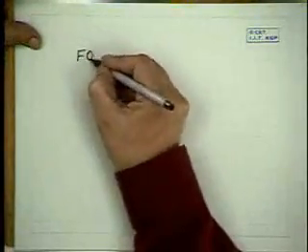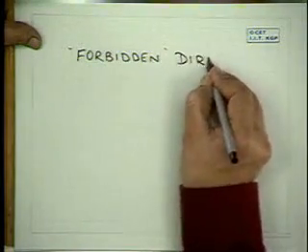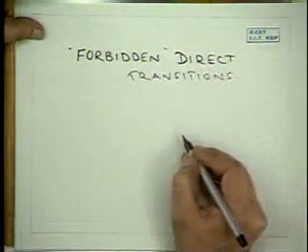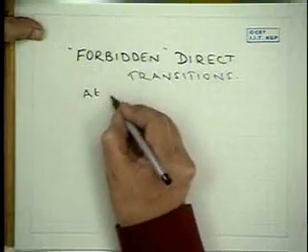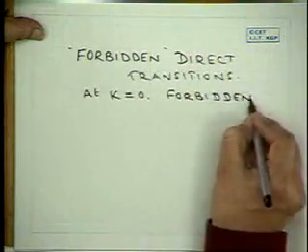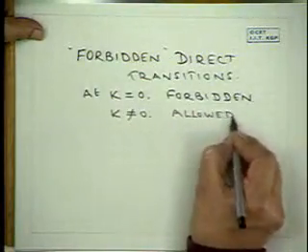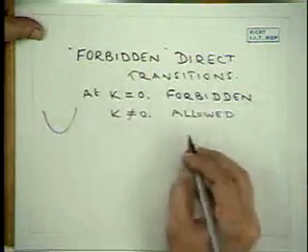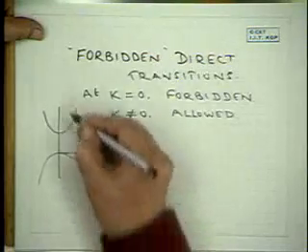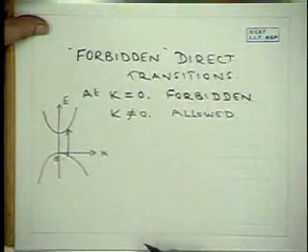Now, in the case of forbidden direct transitions, we may have a case that at k equal to 0, transitions are forbidden according to quantum mechanical selection rules, but at k not equal to 0, transitions are allowed. That means transitions are allowed at k not equal to 0. In this case, the